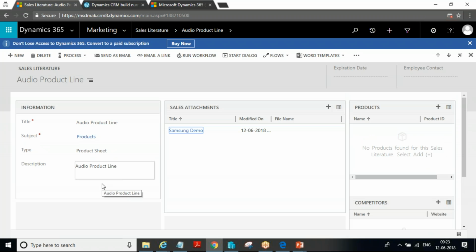Okay, understood. So this will cover our marketing module. Tomorrow's session we'll start with the sales module. Before starting the sales module, we'll start with the product catalog only. Without a product catalog, we cannot sell the product. So you are going to configure the products. Yes, we are going to add and configure a product, and that product will be associated to an opportunity. We are going to sell that product using an opportunity, and that opportunity is associated to a lead.